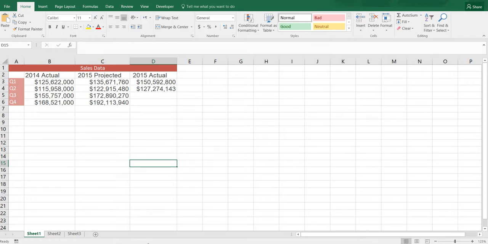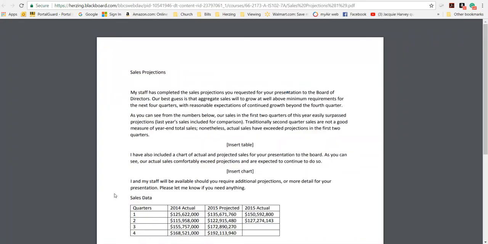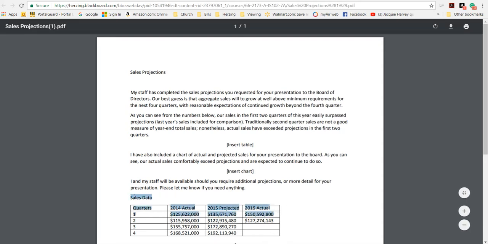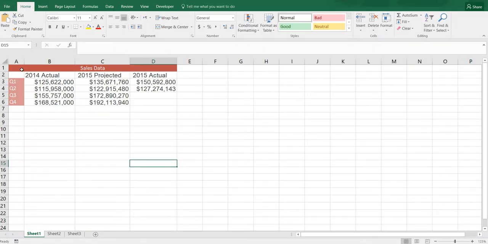So the sales data in this information here does not go in the memo, it goes in Excel. So you see that I've typed out a chart, a table. I put the sales data, I put the headings. I did not put a heading here in the quarters because it will mess it up.